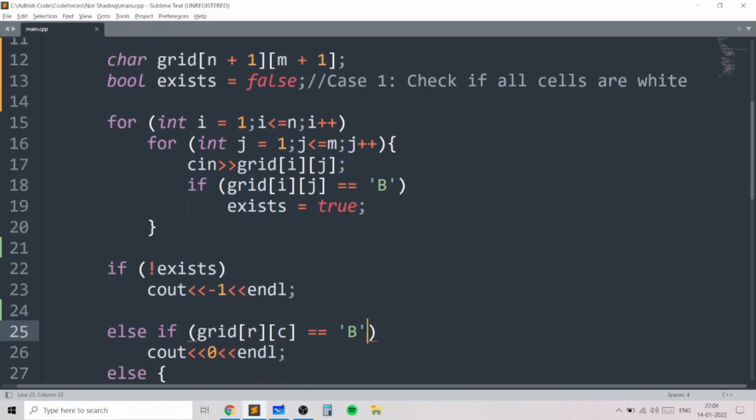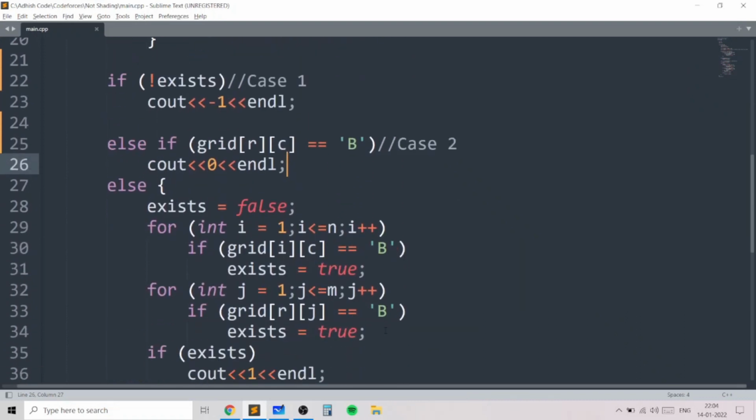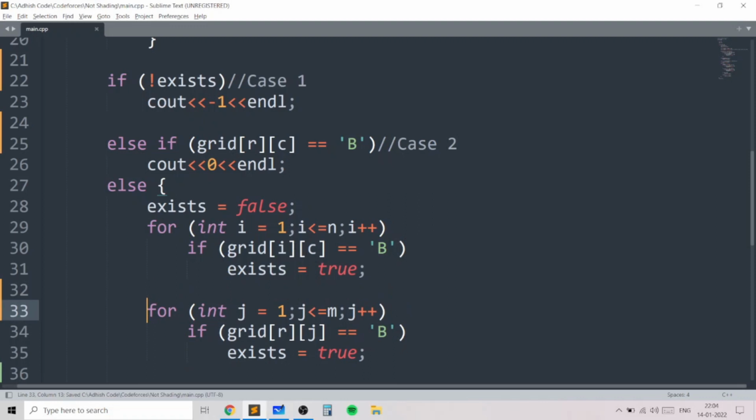And otherwise, so this will be case 1, and case 2 is when the rth row and the cth column cell is already black. In that case we'll print 0, because we don't need to perform any operations. The third case and the fourth case are written in this combined else statement. So I again reuse the variable exists. I initialize it to false, and for each row going from 1 to n, if the ith row and the cth column contains a black cell, then we know